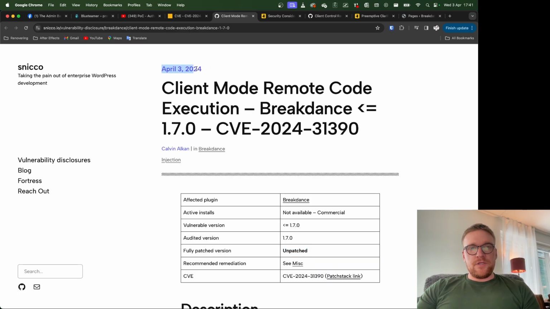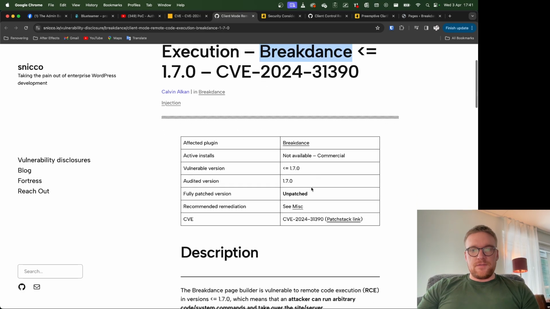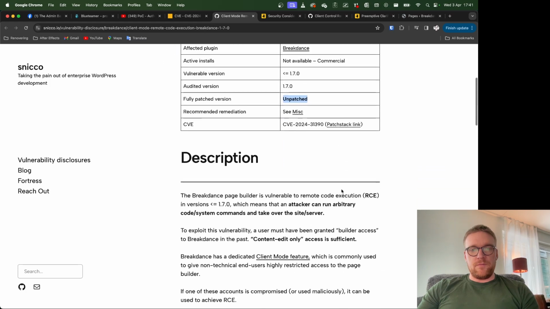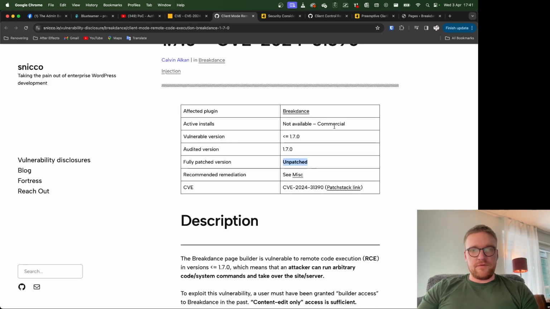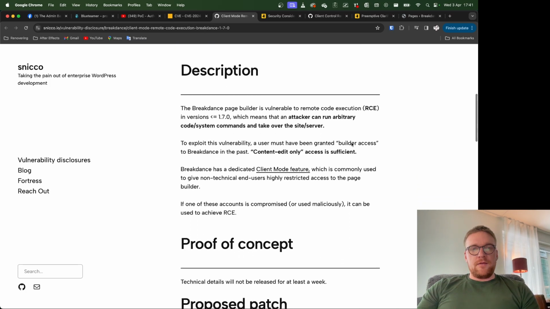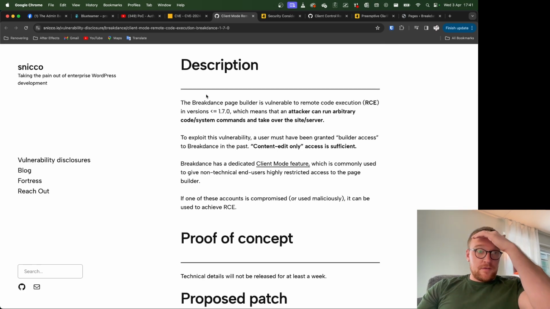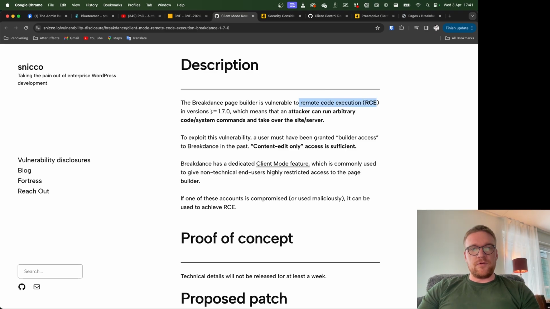So this was the article released today. It is about the page builder Breakdance, and it says it is unpatched, and what that means is that they have not yet fixed this, and the description from the guys who found this, they say they have found remote code execution in versions below and up to 1.7.0,